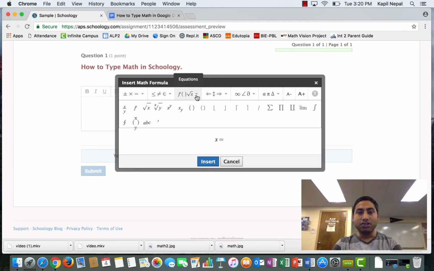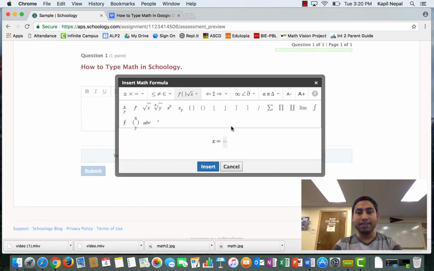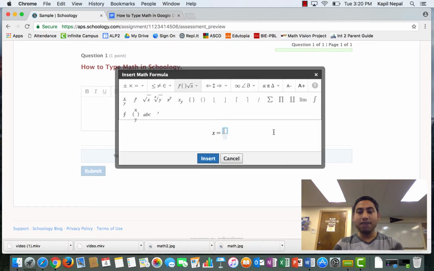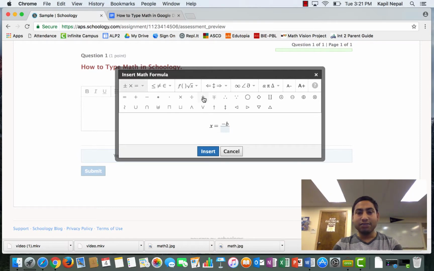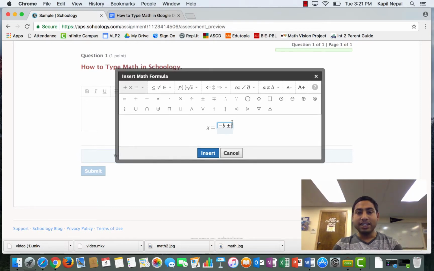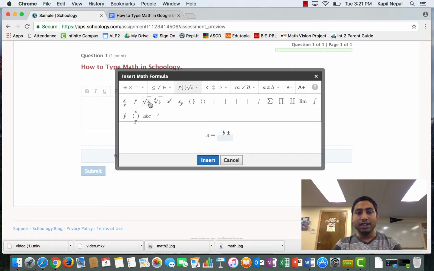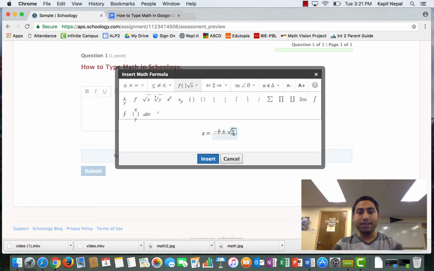So I'm going to go to the equations, type in a fraction, and in the fraction on the top of it, it's negative b, and then plus or minus. I'm going to go to the operators, click on plus or minus, and then I need a square root of b squared minus 4ac. I'm going to go back to the equations, do square root, and then type in b, and then